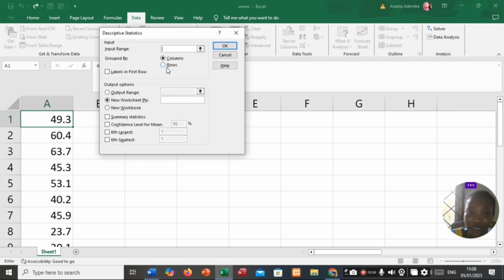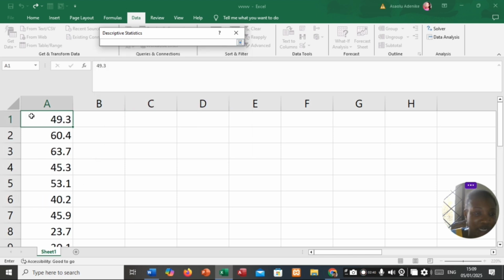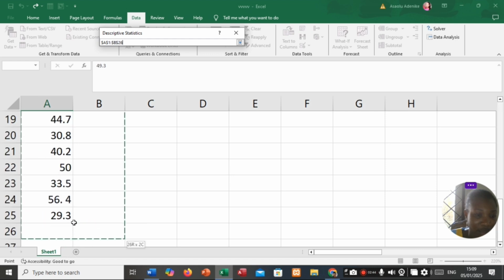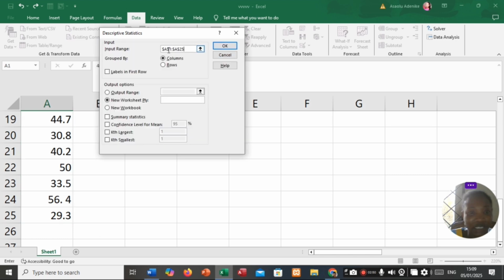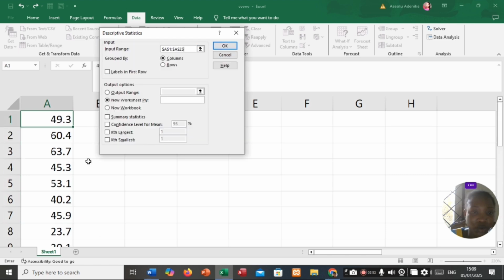Then it will bring this option. Now input your range. That means the range where your data set is. So I'm going to drag from here to my last number, which is this, and I have it. I have from A1 to